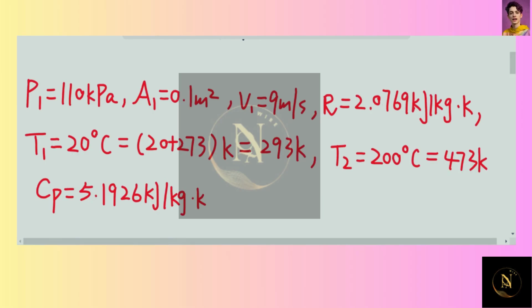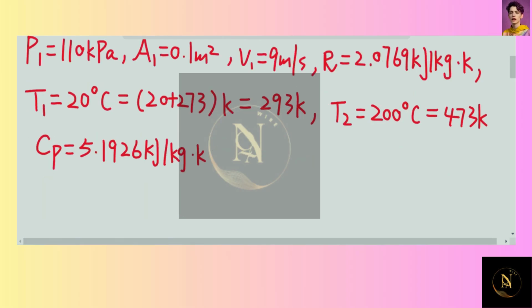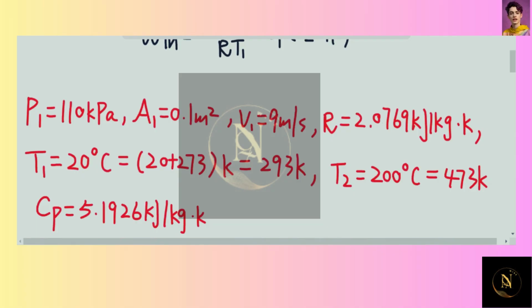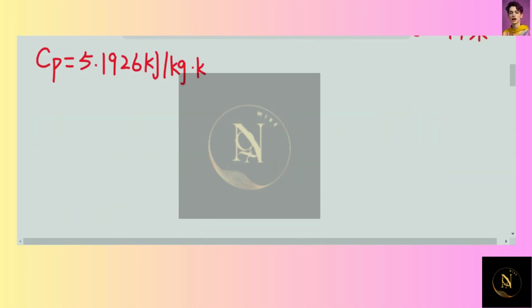And if you take a look at the table of ideal gas specific heats of various common gases, the specific heat for helium gas is about 5.1926 kilojoule per kilogram Kelvin. So now let's plug back into the equation to determine the power input. So the power input can be equal to